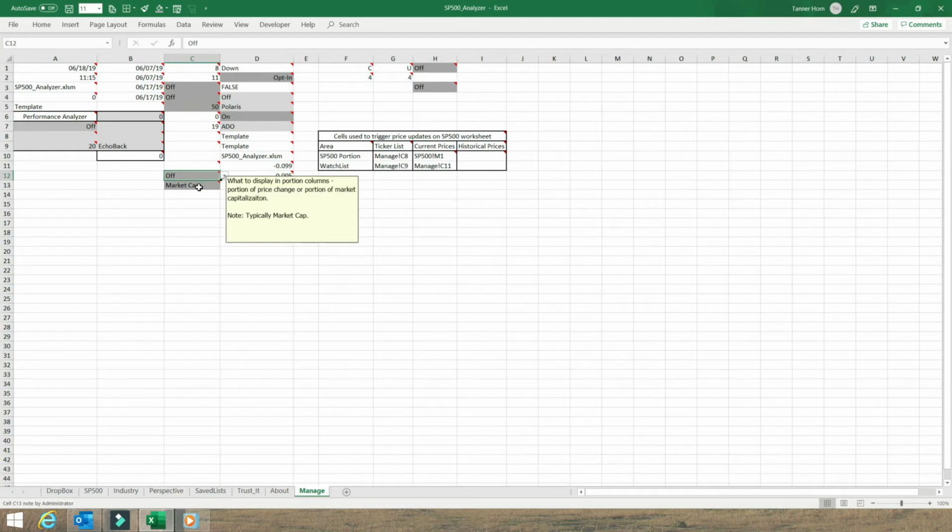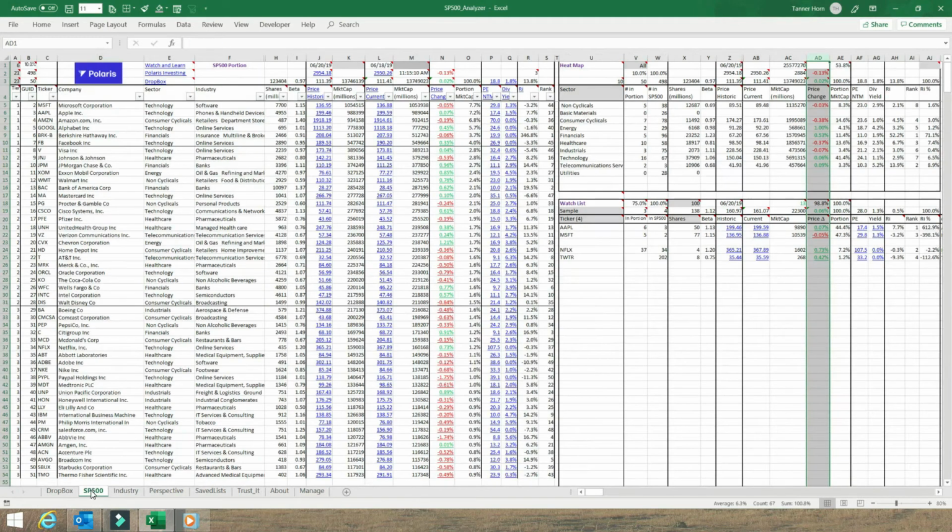The next value we want to talk about has to do with whether you want to display the market cap or price change in this column here, whether that's a percent of the overall market cap of the S&P 500 portion that you're currently showing. So for example, Microsoft, we're just saying that based on the most recent price that it